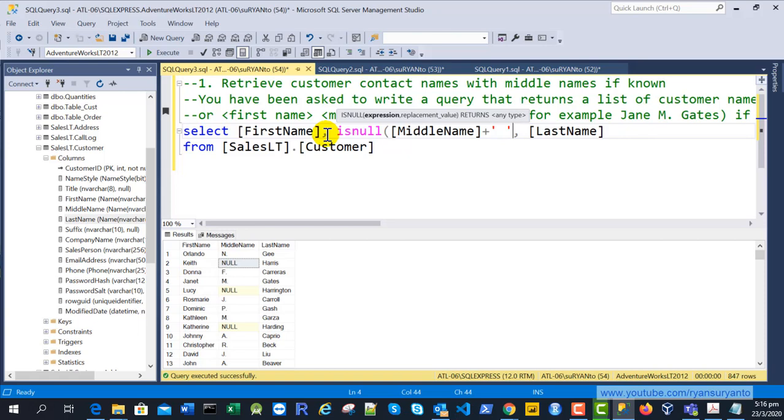Okay, then if it is not null, then nothing. So this is a single space because we want to include the middle name if it is not null. But if it is null, then you don't want to print anything. Just without anything. This is the empty space. Okay, and then after that you want to call that as a customer name. So as customer name,